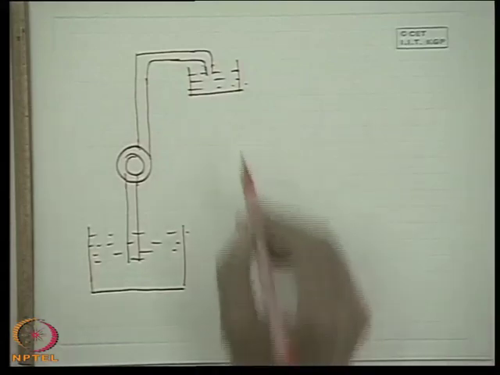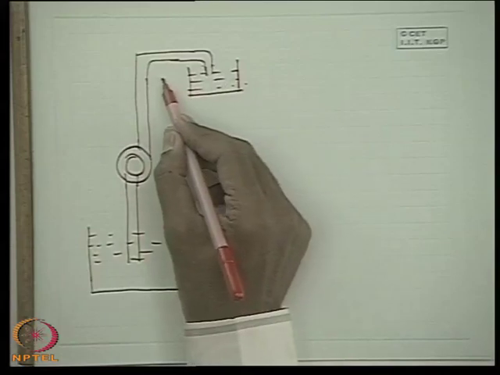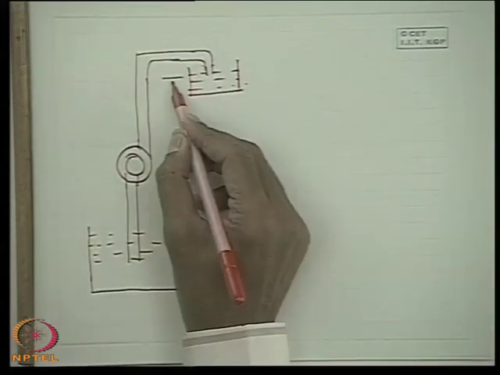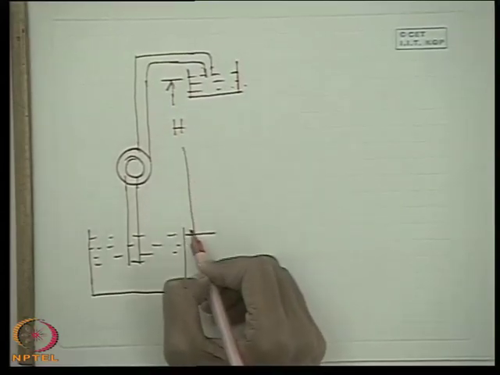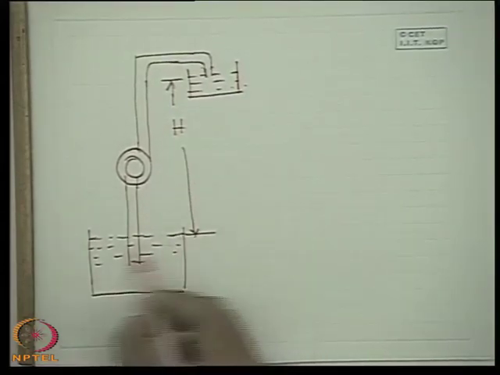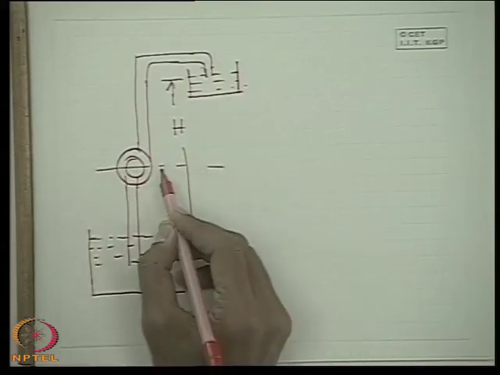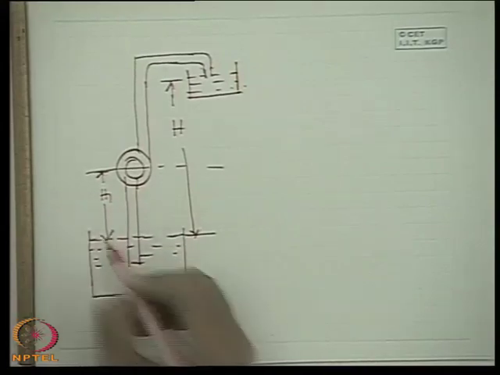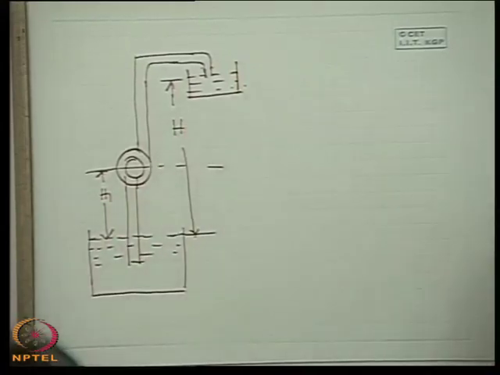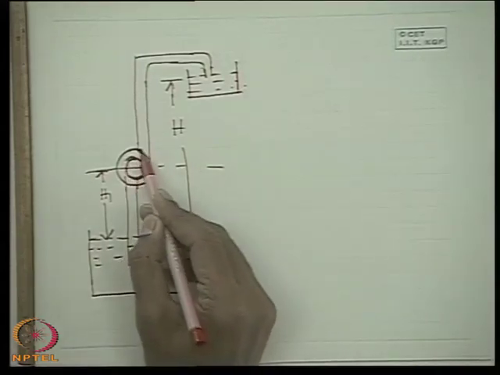How do you solve this type of problem? Now let us consider the difference between this reservoir: this difference is H from the free surface of the lower reservoir, which is known as the sump, and the center line of the pump from here, let this be H1. This also can be solved as a pipe flow problem. This is a very interesting one. There is a pump here, and intelligent students can get it.